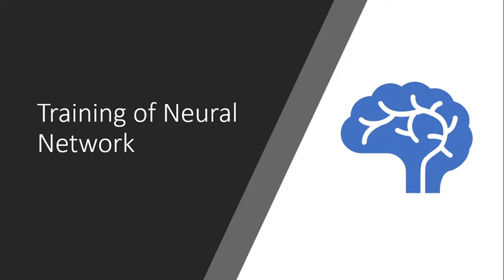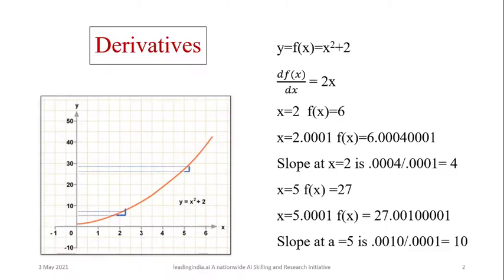Before jumping into the training part, we have to go through a little bit of mathematics, and that is derivatives. We already saw there is an impact, or you can say usefulness, of mathematics in machine learning and deep learning. So let's see what derivatives are. Suppose we have a function f of x, and that function depends upon the x value. Now if you take the derivative of f of x, you will get this value. In terms of numbers, if your x value is 2, your derivative is 6.